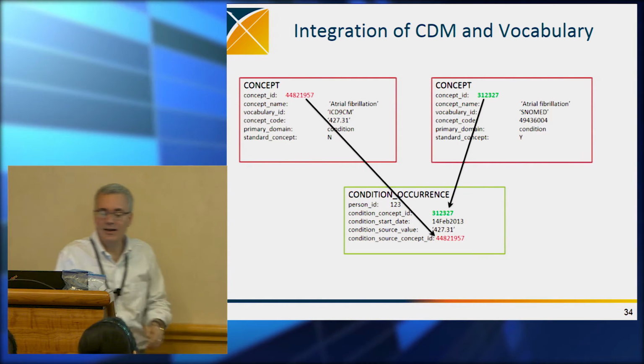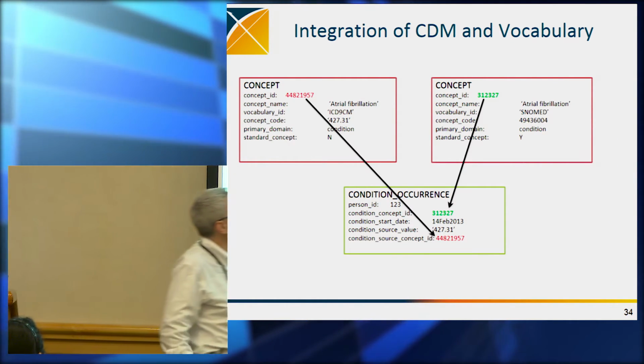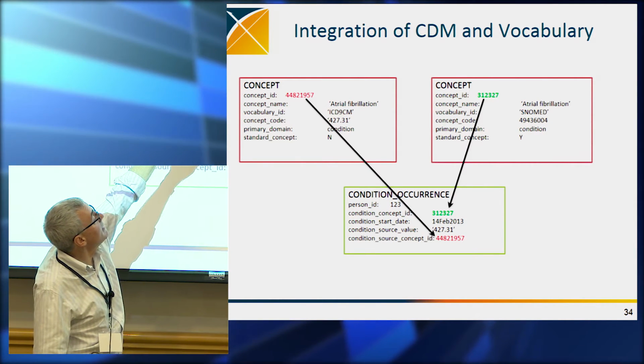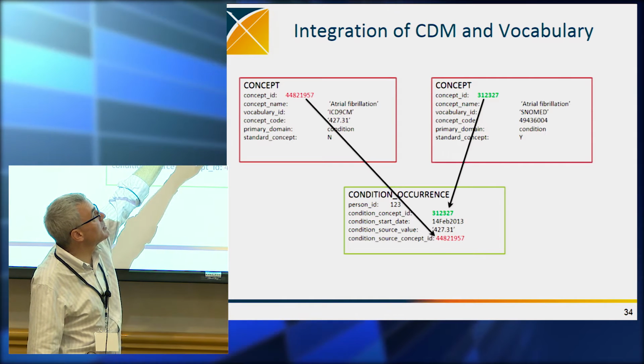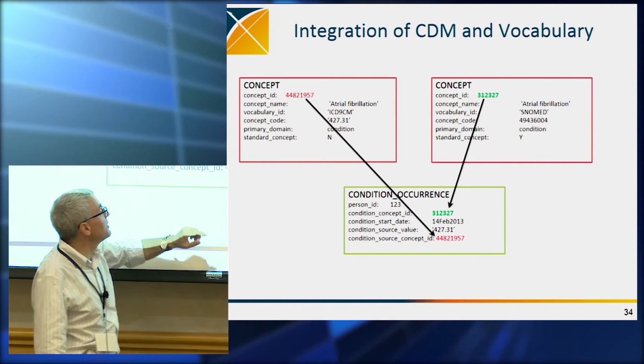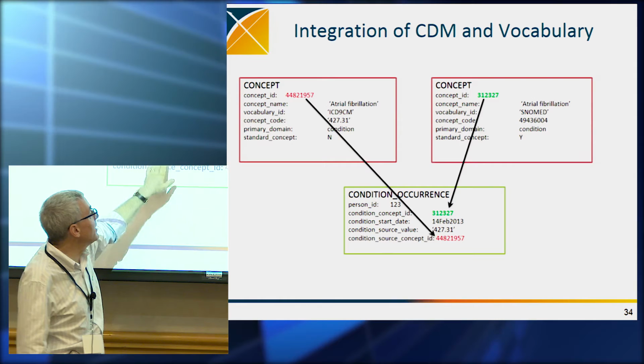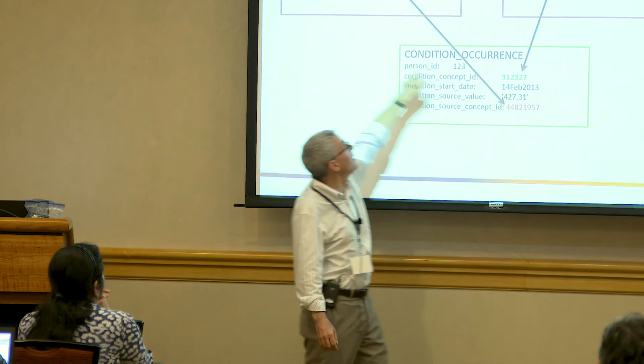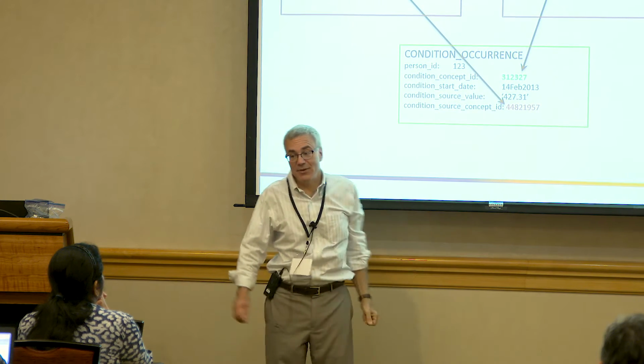And then finally, just showing you, here's the table that I showed you before, the concept ID. That's the Odyssey standard term for it. That happens to be the SNOMED term for atrial fibrillation. But it came from an ICD-9 term, 427.31. Here's the OMOP name for it. And that's a different place in the same vocabulary.